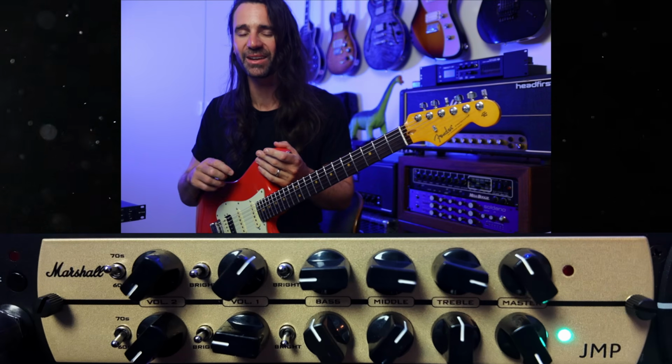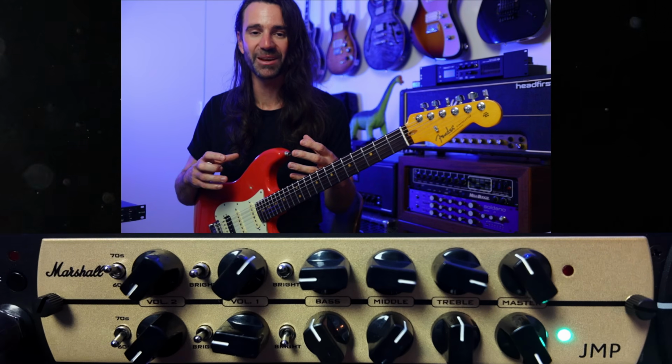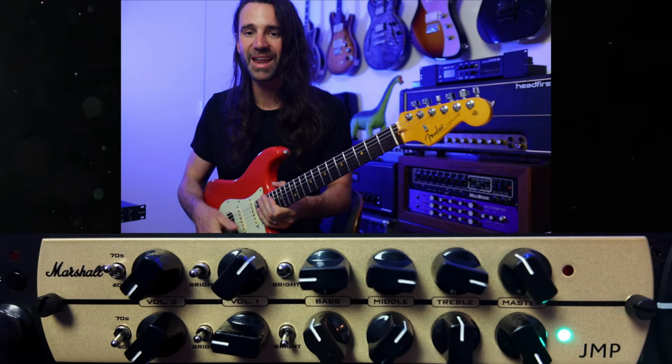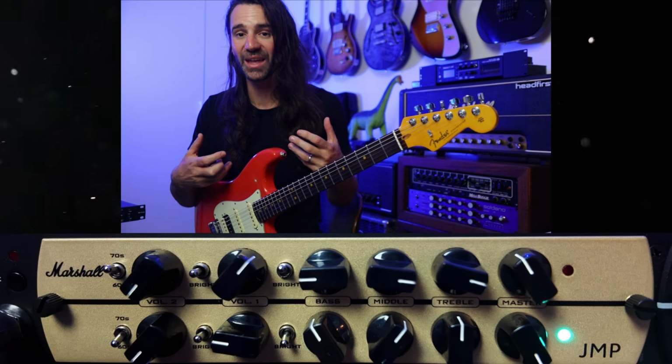We will hear a couple of pedals into this, and I'll show you how you can use it so that you've got a clean sound on one channel and then a big dirty sound on the other. I'm playing a Fender Ultralux Vintage on the neck pickup at the moment. We're going to start out, I guess, the way you would try to set up the stock amp to do